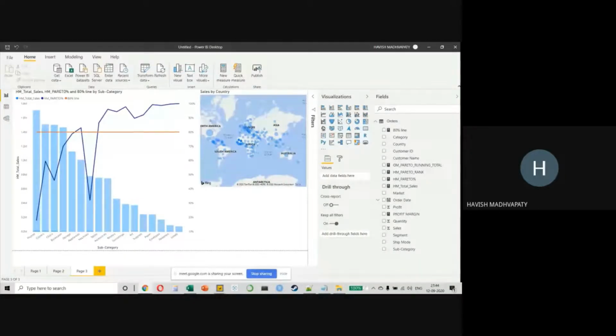Just take a moment and think about it if there's anything you would like to ask. See, I'm not going to repeat the same thing for every example because by now I hope you have understood the amount of effort that Power BI takes. Simple visuals are very easy, but it's the complicated ones that take effort.